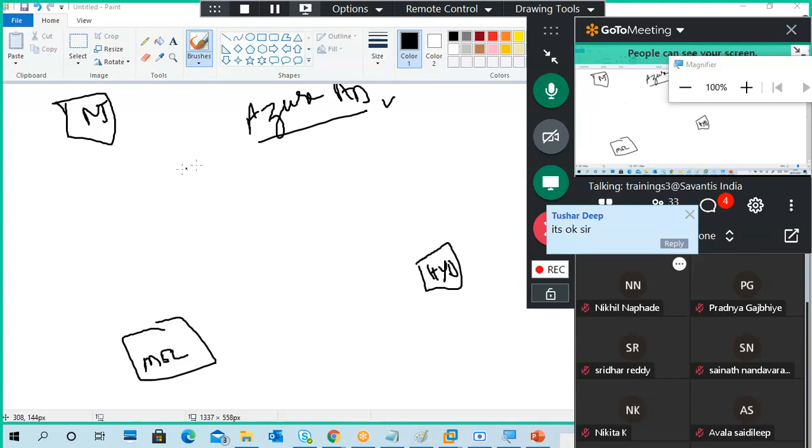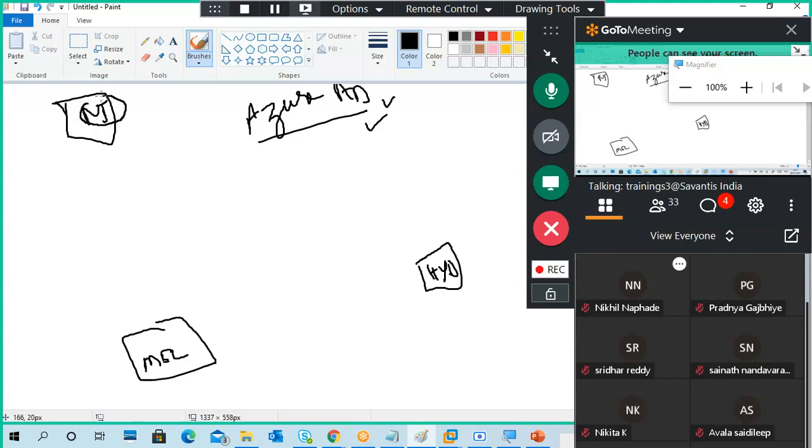So Azure AD means it's a cloud. We don't know where the database is stored unless you select the region. So maybe you select a region here in New Jersey, and nearby New Jersey there is an Azure data center.